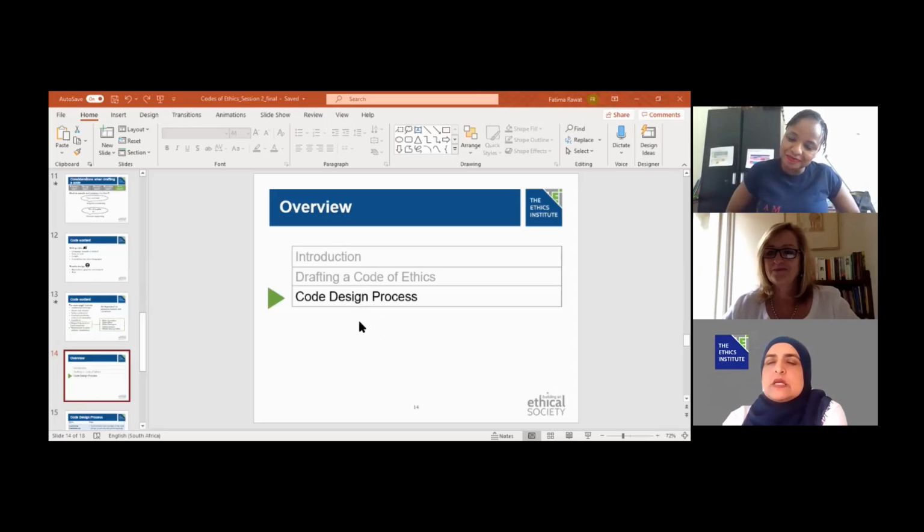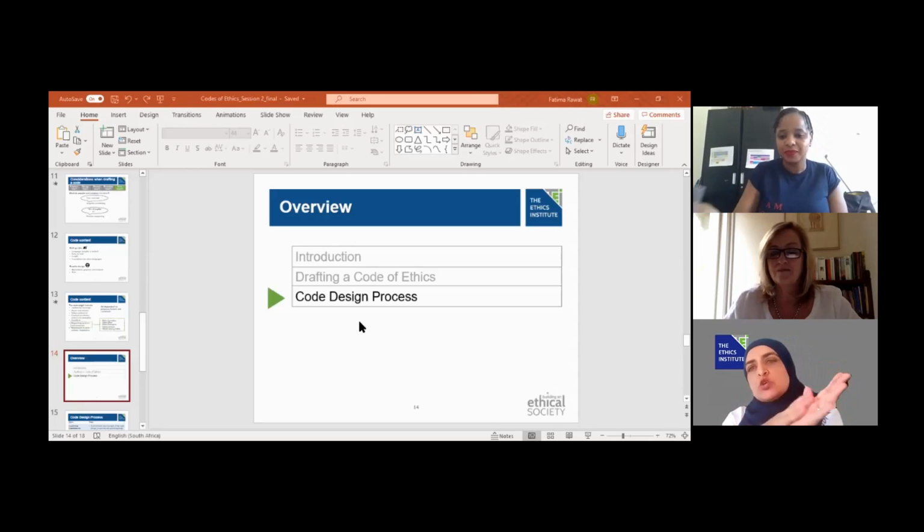Okay, I'll start. We make a very clear distinction between a code of ethics and a code of conduct. The purpose of a code of conduct is really about setting out the rules and then the consequences of not abiding by the rules. So if you look at very big, highly regulated organizations, like perhaps typically the public sector, they would have a very clear distinction between a code of ethics and a code of conduct because of the large scale of the organizations.